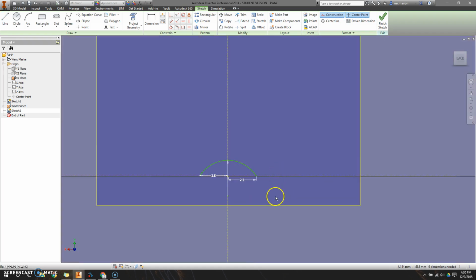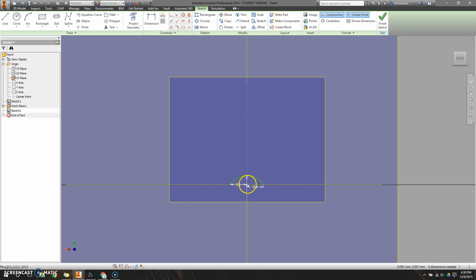Okay, so I'm going to zoom in one more time here. So then right down here again is the origin. Once more, make sure you're utilizing the origin when you are doing your drawings. So for the back of my car, I am going to start by taking a line and drawing it